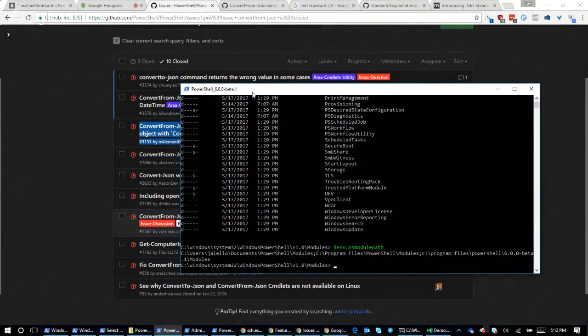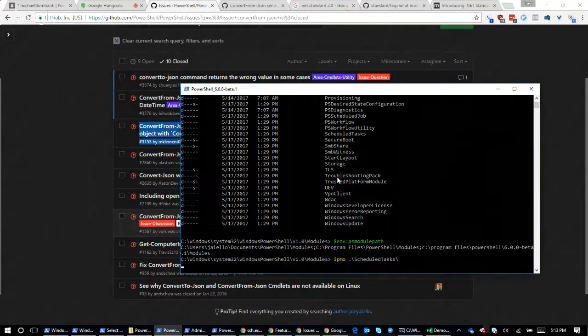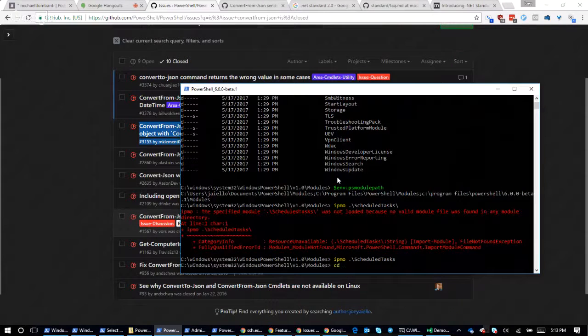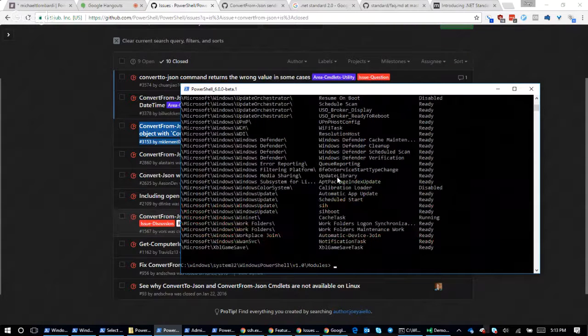Because for a lot of these, when I do, what the hell did I just click on? Oh, I'm moving the window. Scheduled tasks. Oh, I don't need that trailing slash. I hate that bug. That just loads. I can use Get-ScheduledTask. Boom. That was a Windows PowerShell module. It works just fine, right?